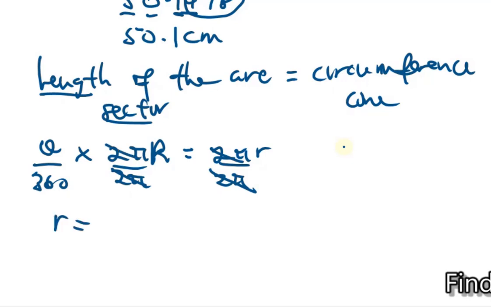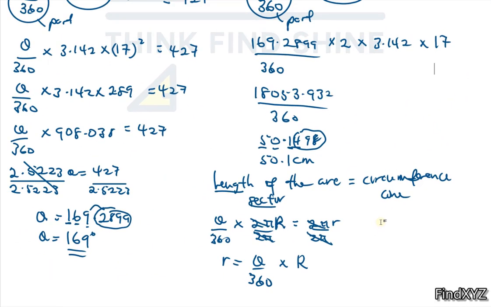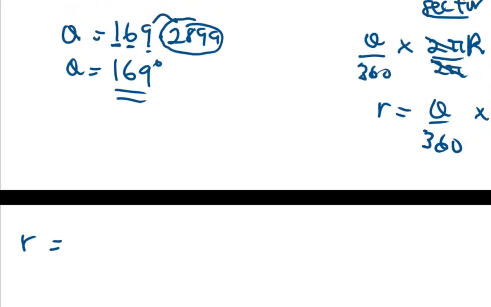The radius of the circular base is theta out of 360 times the radius of the sector, or the radius of the circle. So this will help us find the radius. Then what is the angle? So please, we are not going to use 169. That is an approximated value. We are going to use the original value, which is